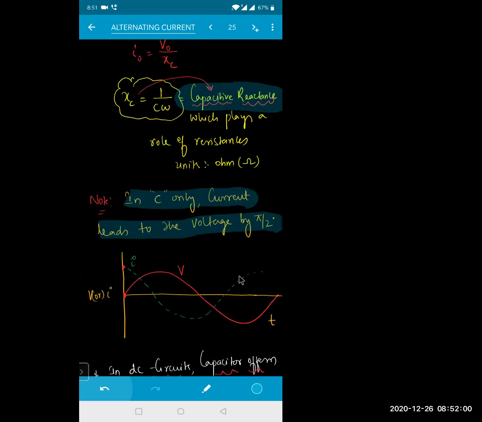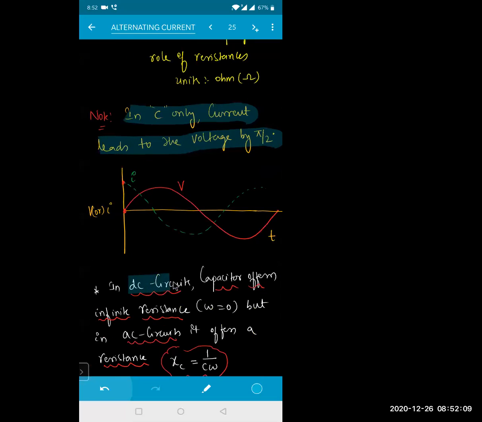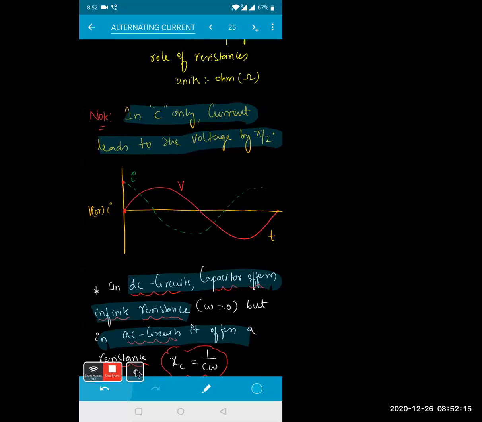Now in this one the current is ahead by 90 degrees, or voltage is 90 degrees lagging. That means in DC capacitor offers infinite resistance, but in AC it offers certain resistance. So you need to remember this relation, and XC is equal to 1 by C into omega. Is that clear for everyone? Chalo,